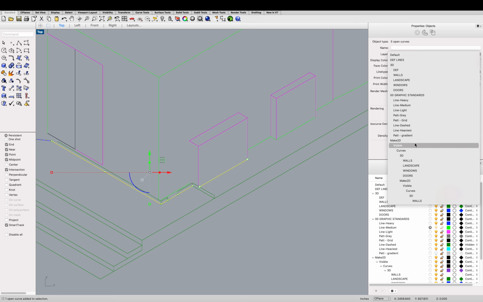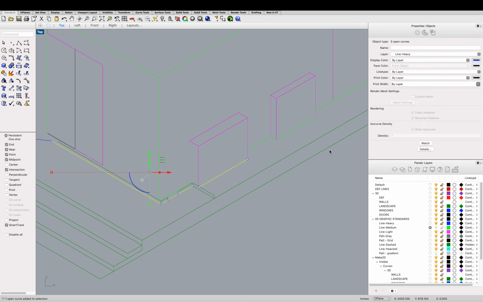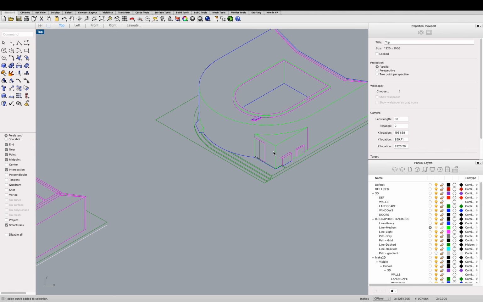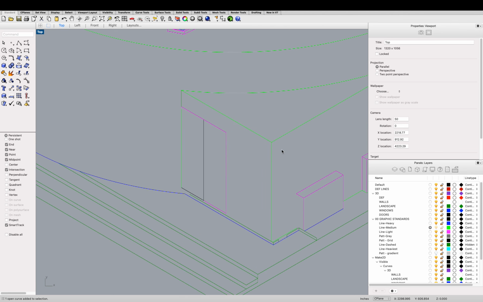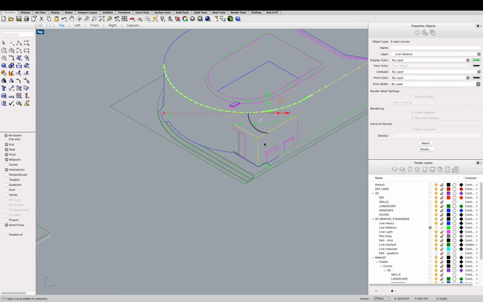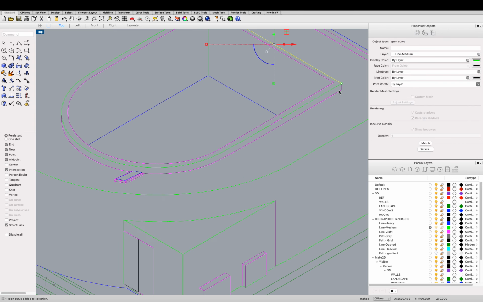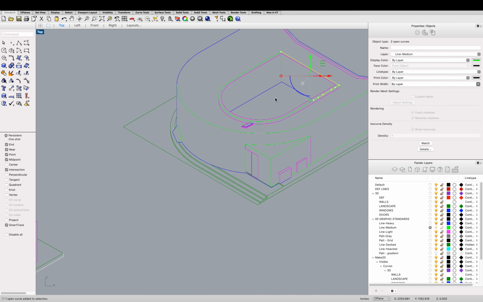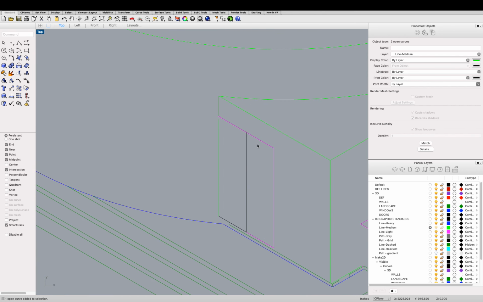Any protrusions that are a little bit bigger, like the roof line and this guy, they'll be medium. Is that already on medium? Yes. And also the lip will be medium, and then you move inwards and smaller things will be the lightest. So the door frame and also this